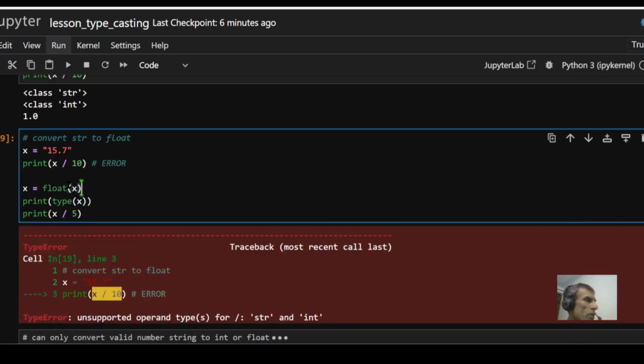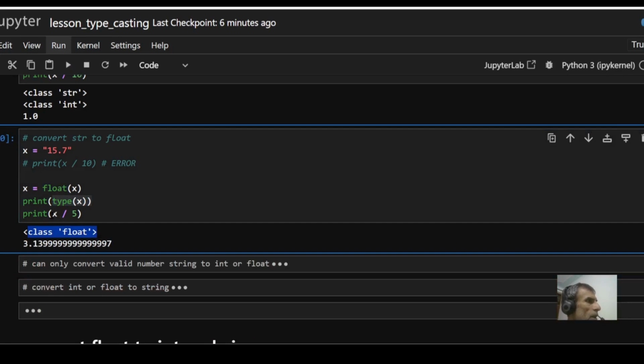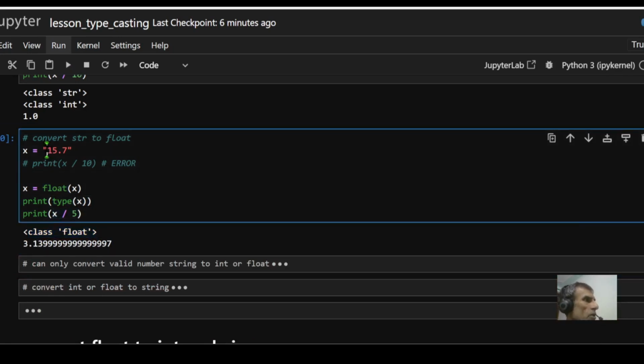What if I want to do division? What I can do is convert my x into a float. Once I convert it into a float variable, I print my type. Let me run this. It prints out my type as class float. Now I divide by 5 and it works just fine. I'm able to divide 15.7 by 5 because I have converted that into a float variable,